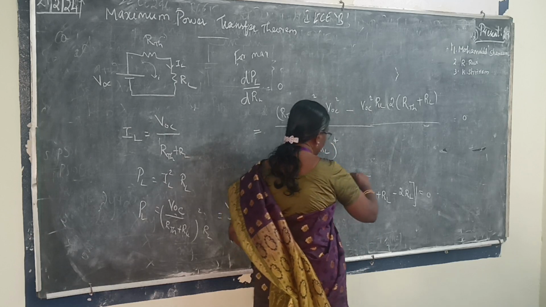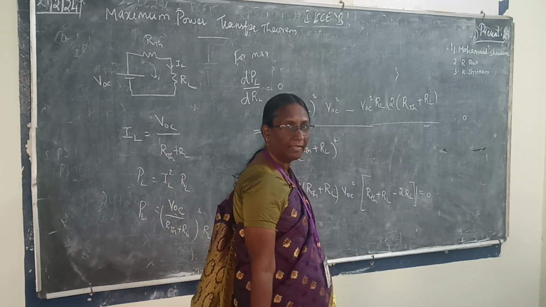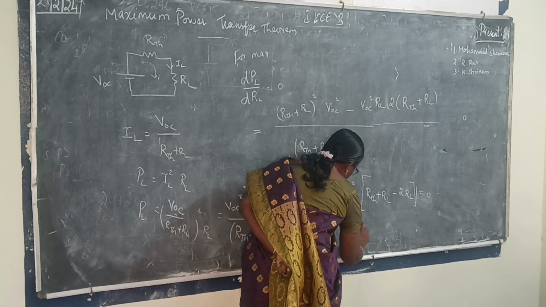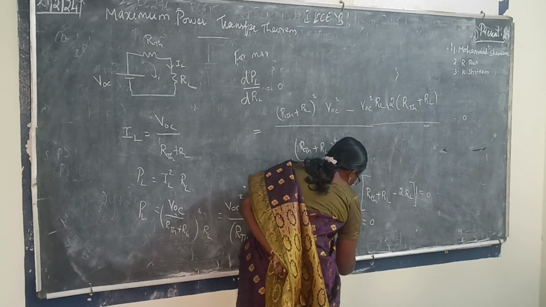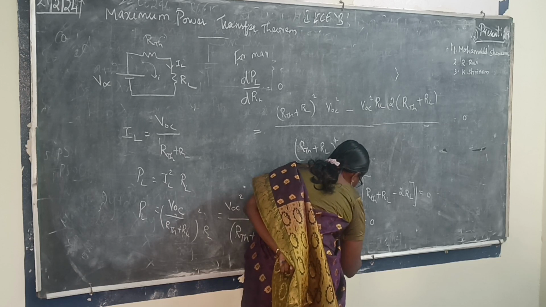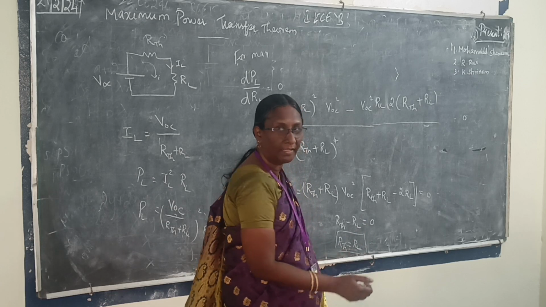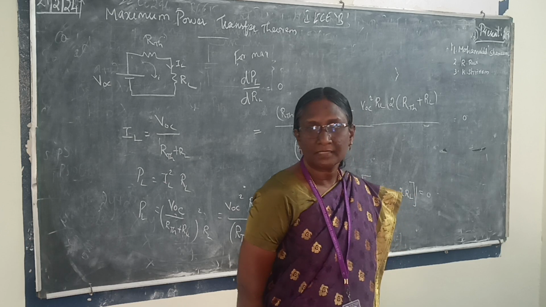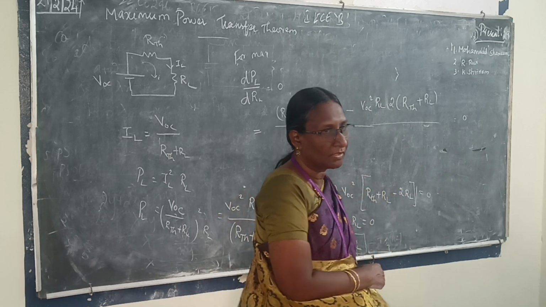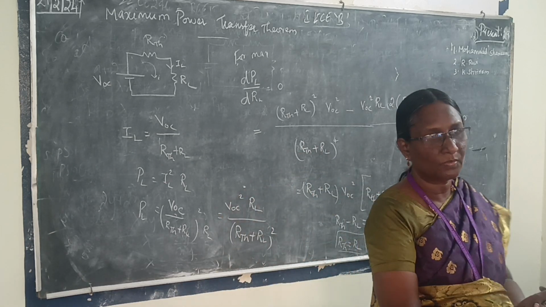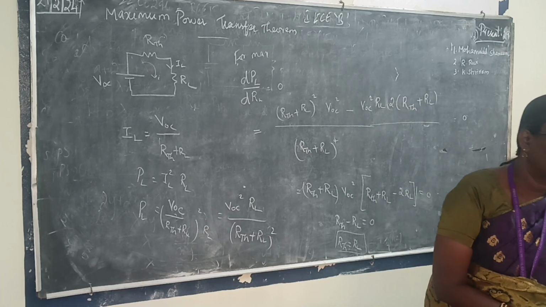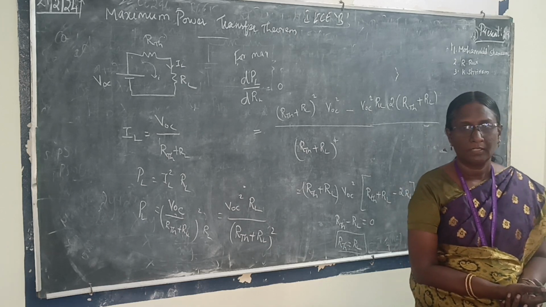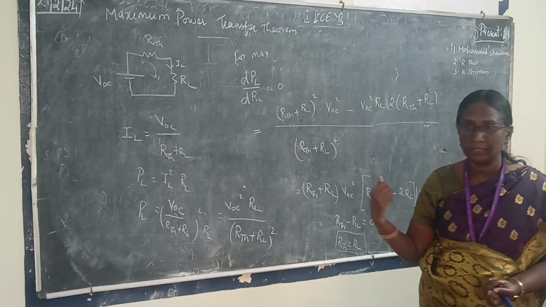This multiple term comes this side. What will it become? It becomes 0. RTH minus RL is equal to 0. RTH is equal to RL. So what is the condition to get the maximum power? When RTH is equal to RL, the maximum power is transferred in the circuit, or the maximum power is transferred from source to load. Okay? The circuit maximum power flow is when RTH is equal to RL. Okay? Then copy the important derivation.